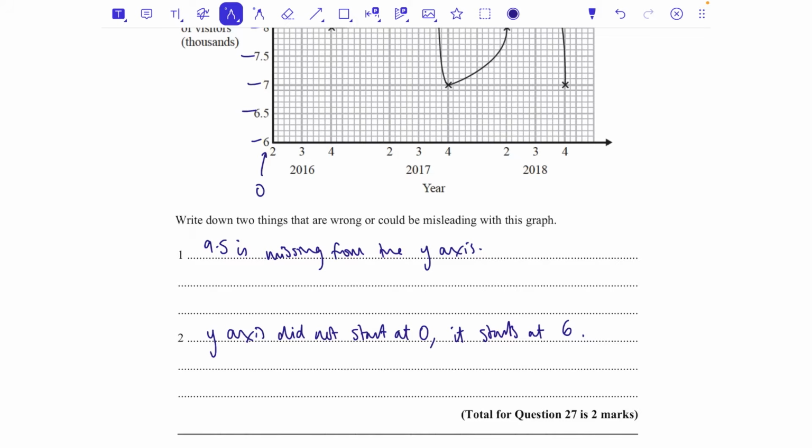It wasn't acceptable to say they shouldn't have connected the dots like that. It wasn't acceptable to say the numbers on the x-axis are repeated. It wasn't okay to say the numbers along the x-axis 2, 3, 4 and not say anything else about it. The years on the x-axis have not been written properly. That wasn't allowed. It does not follow a sequence. That wasn't allowed. It needs a discontinuity